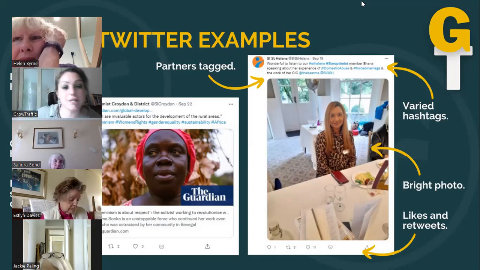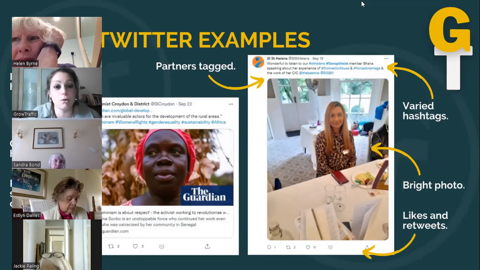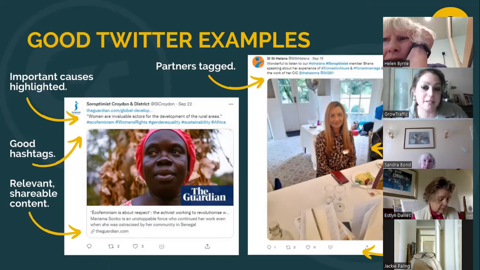Facebook is for activities and communities, and Twitter is just for lobbying or whatever. That doesn't mean you can't still share photos on Twitter of what you're doing. If you're using them for a purpose and for a cause, then it's great. And this is what this one has done.